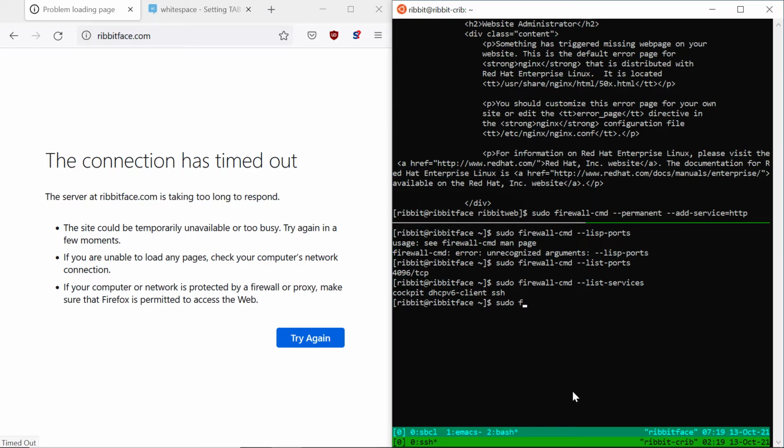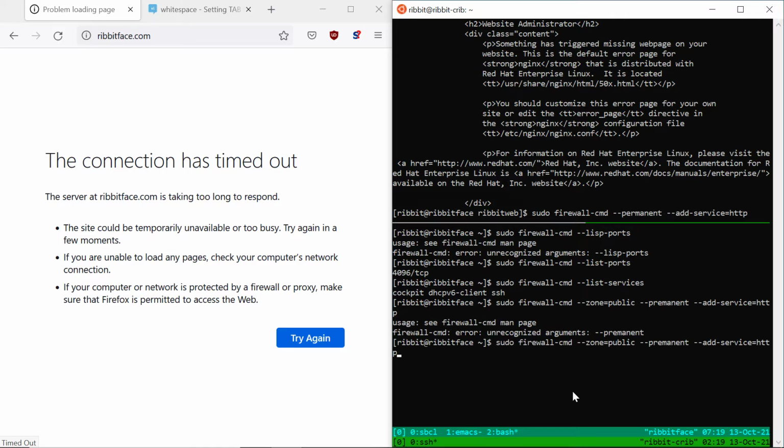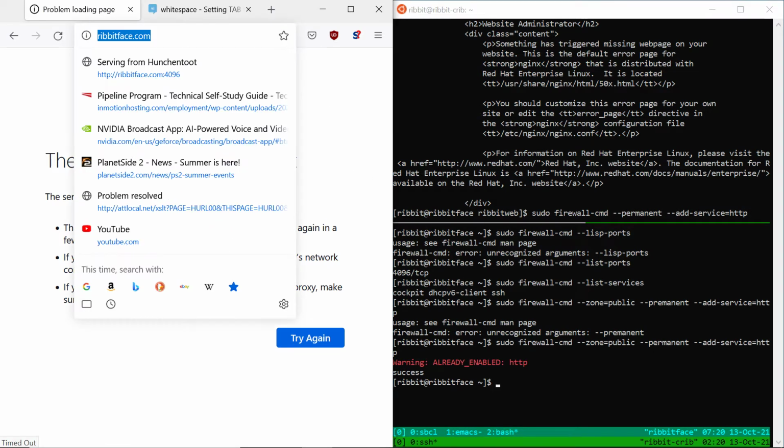Huh. Sudo. I put the public zone? If it's already enabled, then